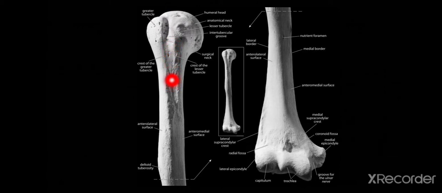Coming to the intertubercular sulcus, it is also called the bicipital groove. A transtubercular ligament forms a passage. The bicipital groove contains the tendon of long head of biceps brachii along with its synovial sheath surrounding it, and the ascending branch of anterior circumflex humeral artery.